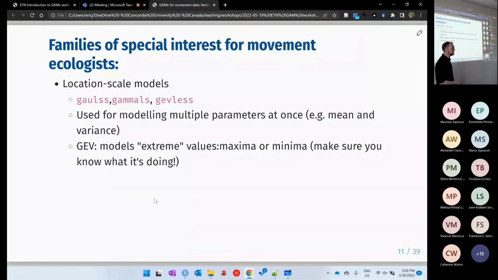These are location scale models. If you're interested in modeling both the mean and the variance of your data, so you care not only about what the mean is, but how variable your data is around a given mean, location scale models can handle this. These are pretty new and delicate. So you need to be pretty confident that you really want to answer this question, and you need to take careful steps into this world, because modeling both the mean and the variance of the data makes it very easy to get confusing models that you can't interpret. But it is very handy when you want to know, is the variability of depth, say,